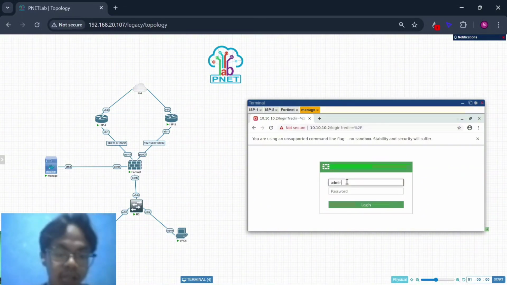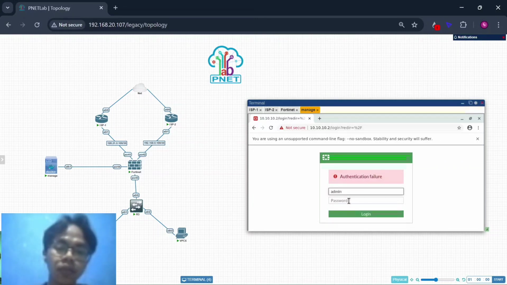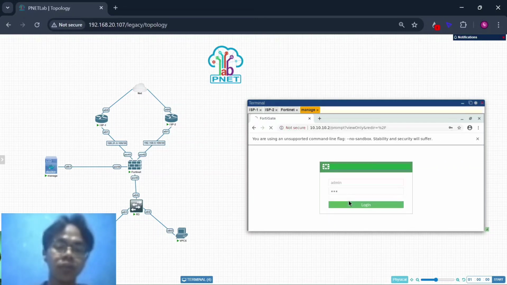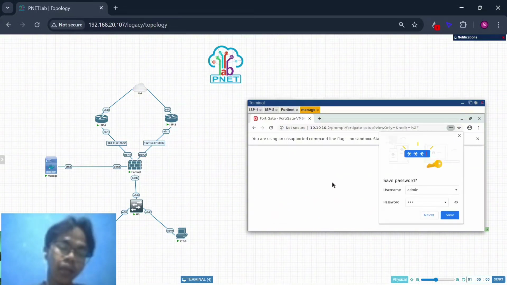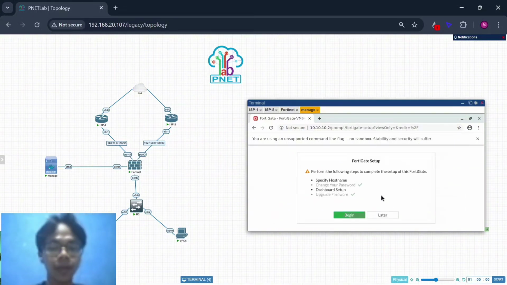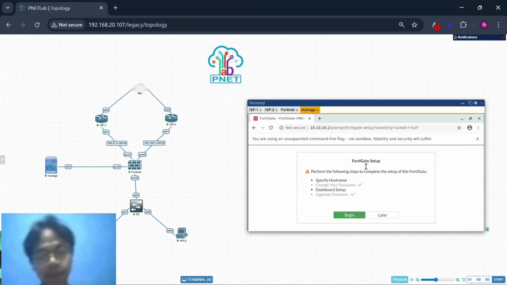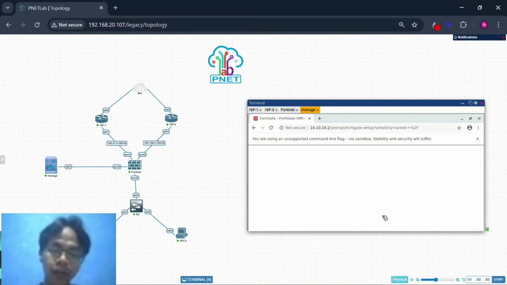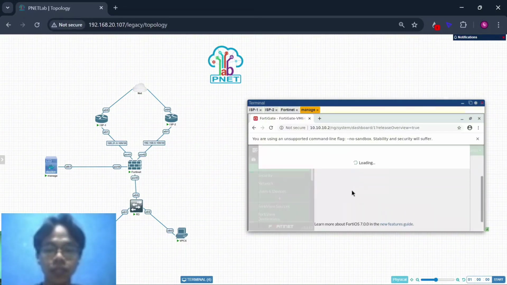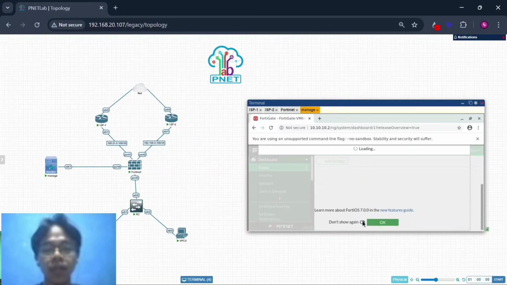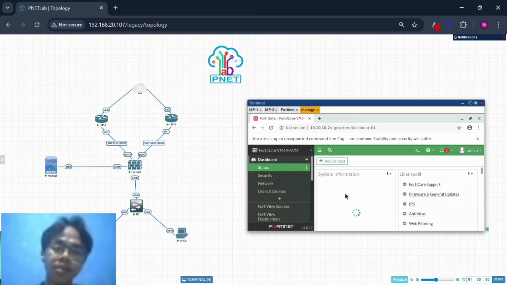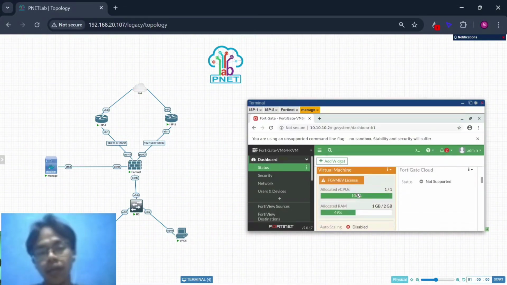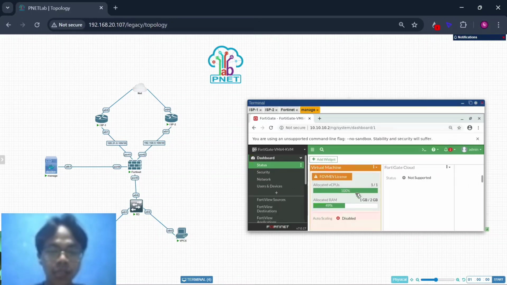The username is admin and the password is 123, the password I configured on this device. First you must set up your device, and you can scroll down and choose don't show again. Okay, this is the web GUI of the FortiGate device.